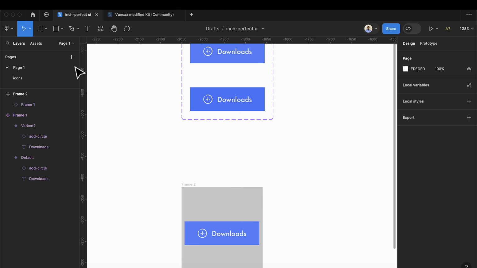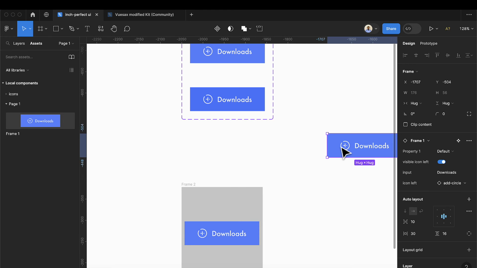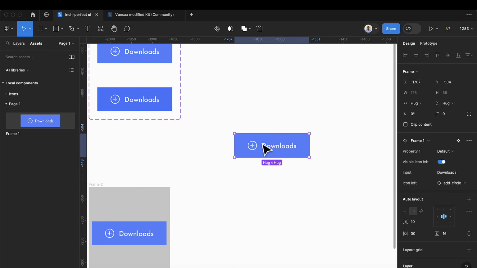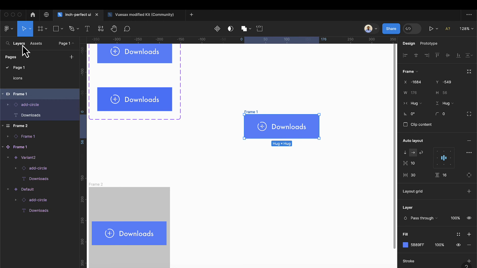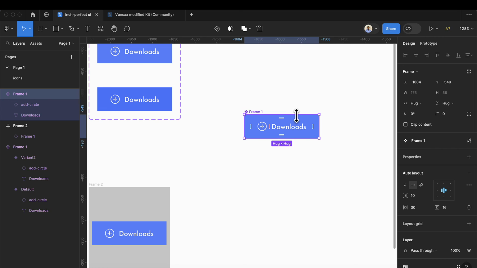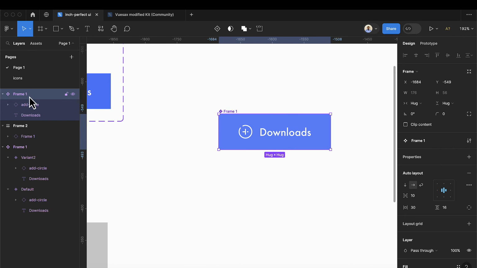So now I can come in here and then select this and then drag this item here. So now we can just right click and then detach this instance here. I'm going to detach instance. So let's click on the layer. You see this is just a normal button. So we can convert this to a component. Once I've done that, I'm going to use a naming convention here. So this is going to be